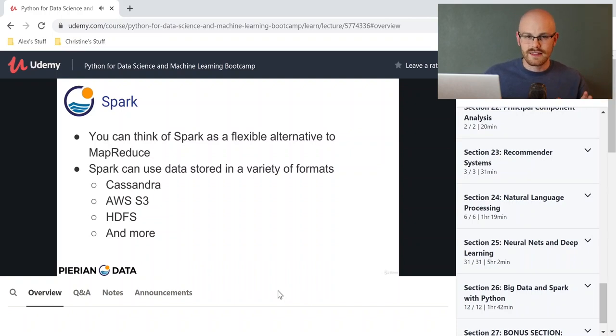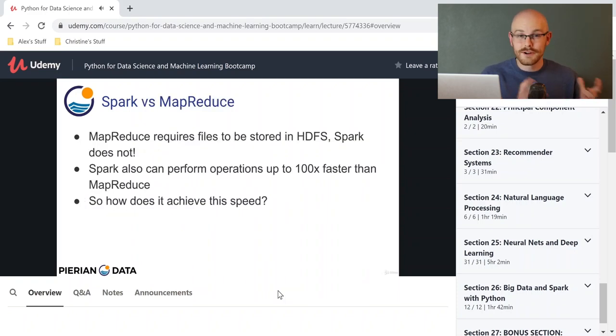I'm not going to go into everything that it is, but it really is great with working with big data. So if you do plan on working with big data in the future, I highly recommend taking this section of the course on Spark. And so like I said before, if you are a data analyst or a data scientist, or you're trying to become one of those,